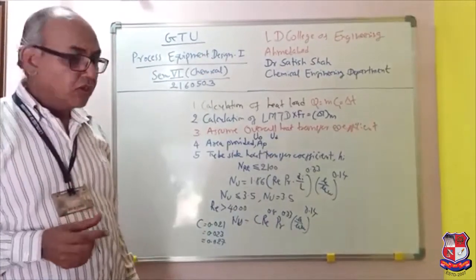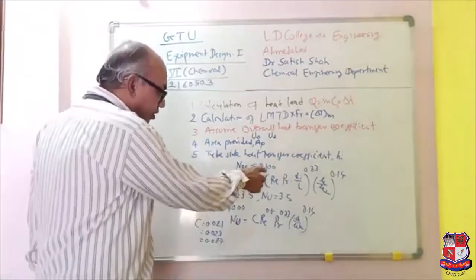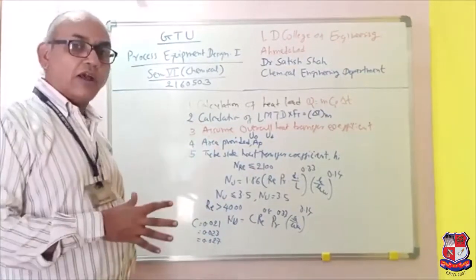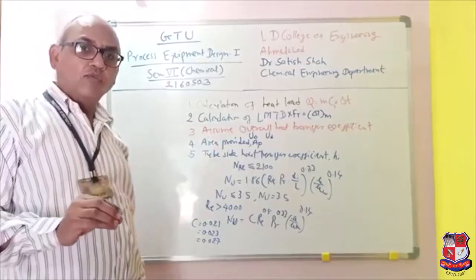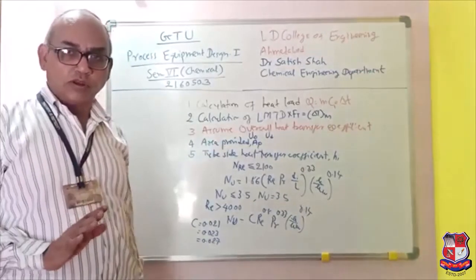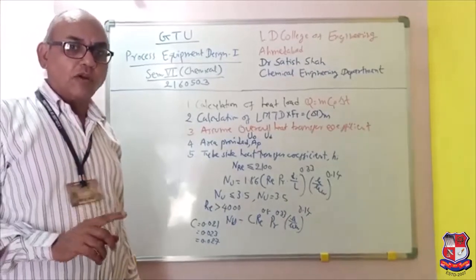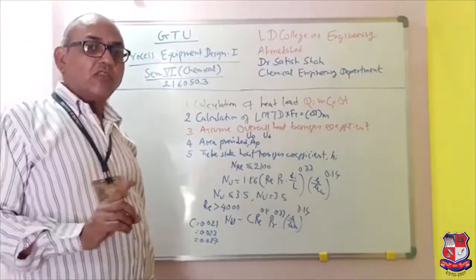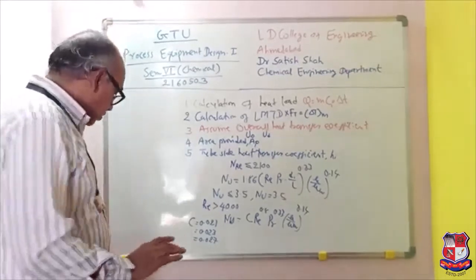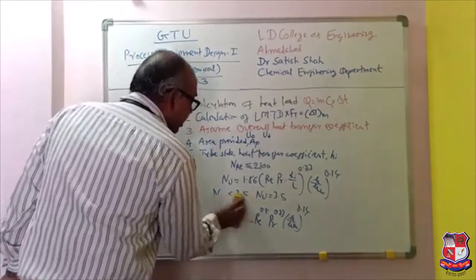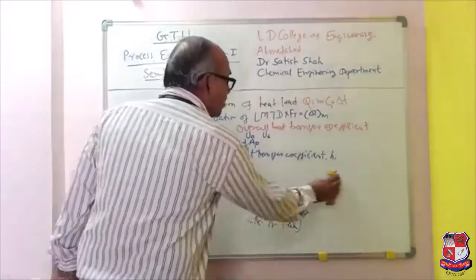Transition zone means the Reynolds number is between 2100 and 4000. In that case, use both the formulas, and whichever gives the lower value, you have to consider. Remember, the lower value will always control the heat transfer, and that is safe for the design. Alright, so this is for the tube side heat transfer coefficient. Now we will calculate the